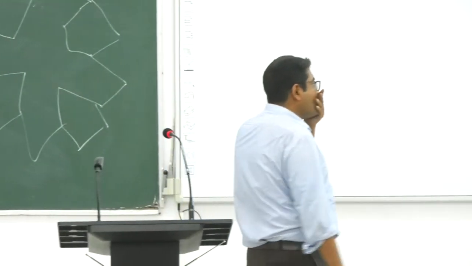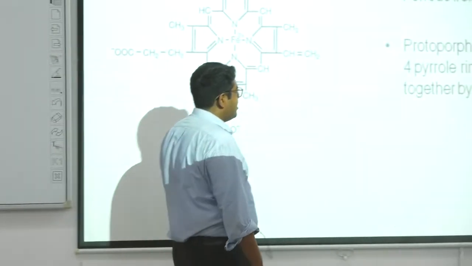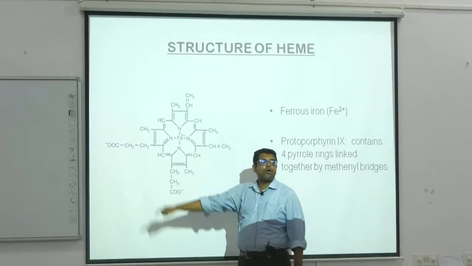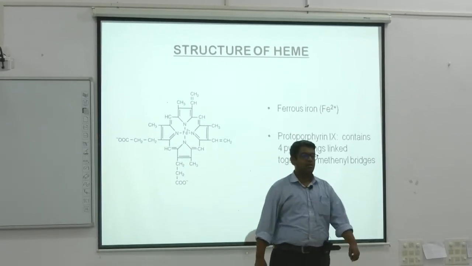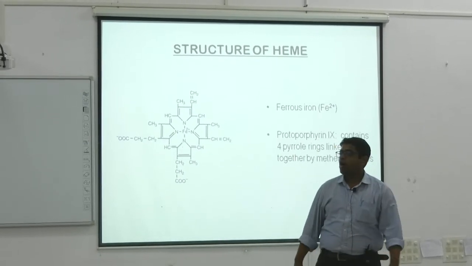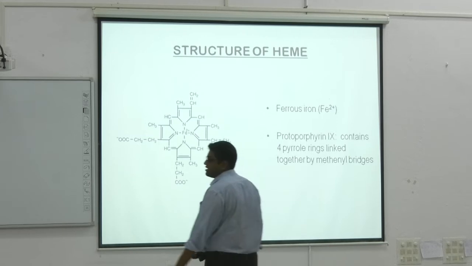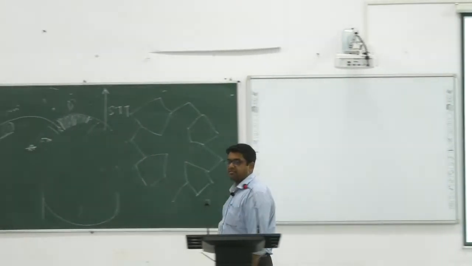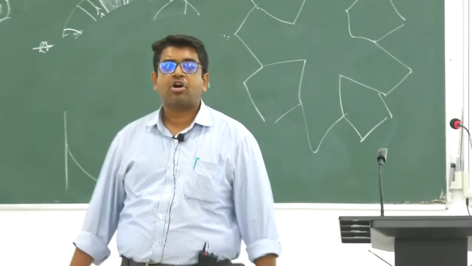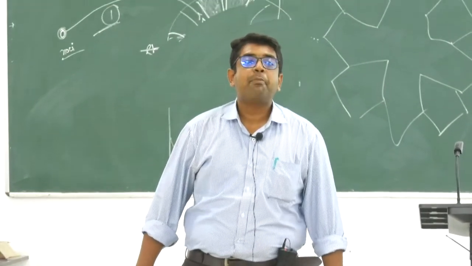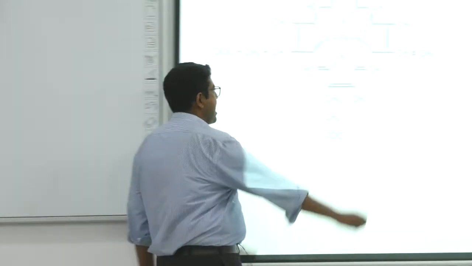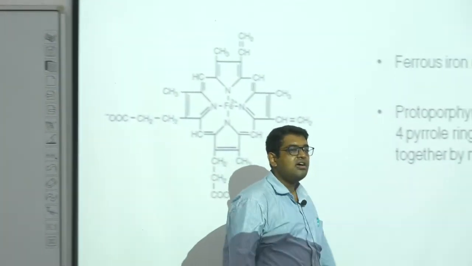As I have already said, this pentagon is a porphyrin ring and there are 4 porphyrin rings. That is why we also call it tetrapyrrole. And at its center there is